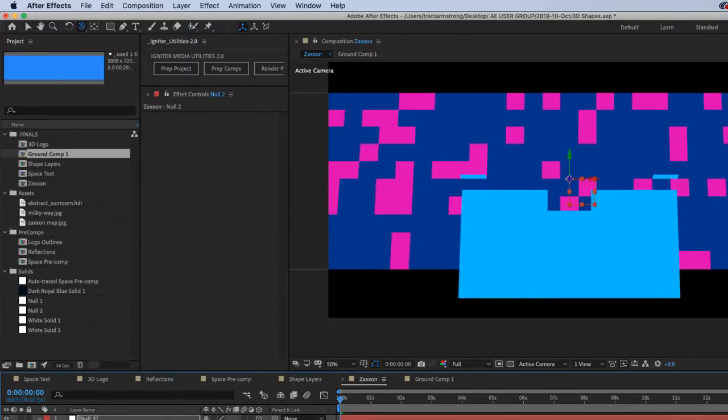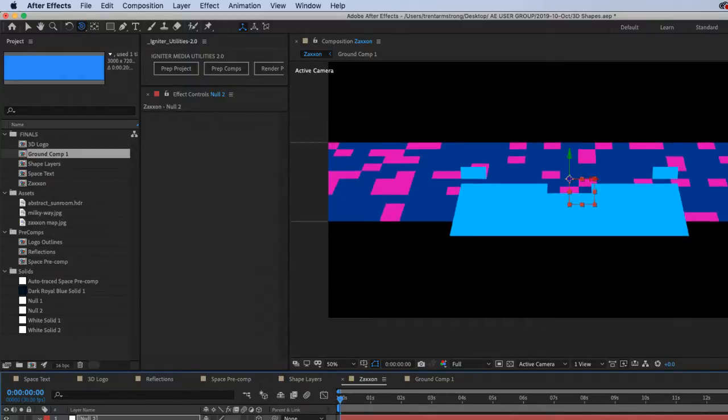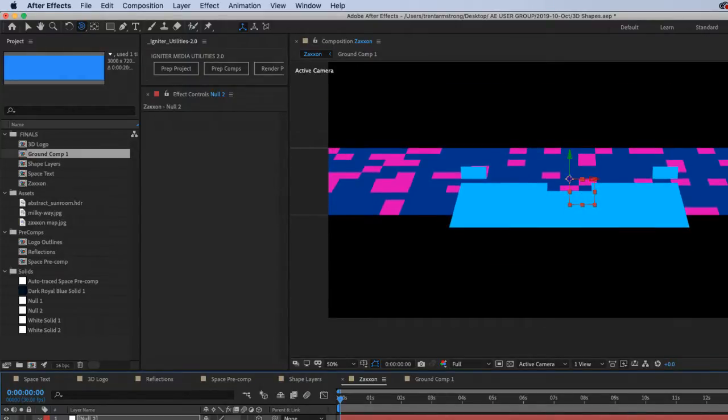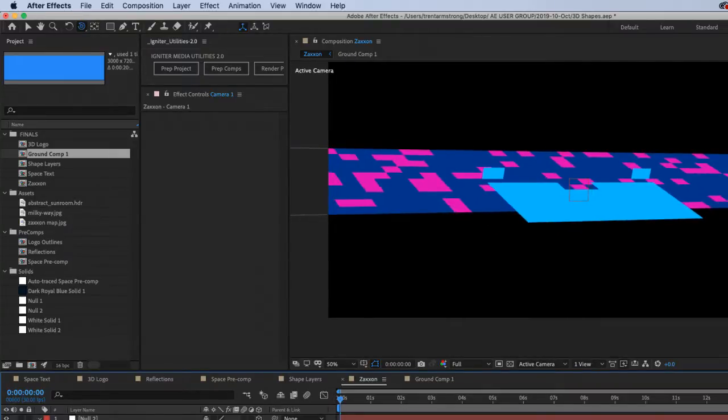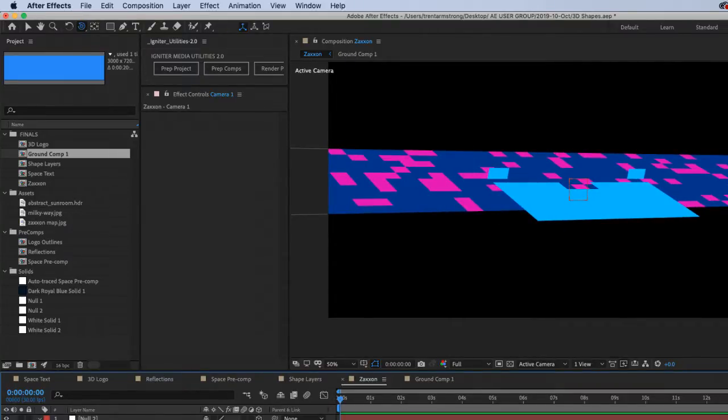But I want to see the ground as well. Okay, so there we go, like that. And the camera is going to be offset.